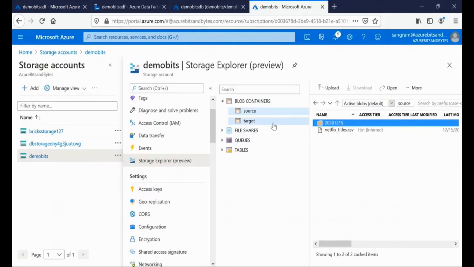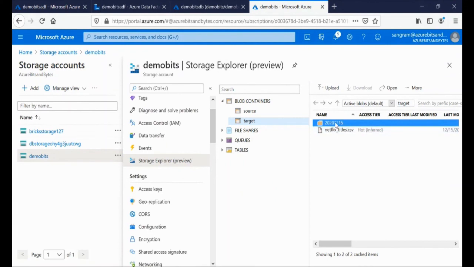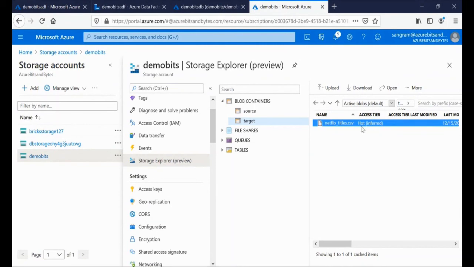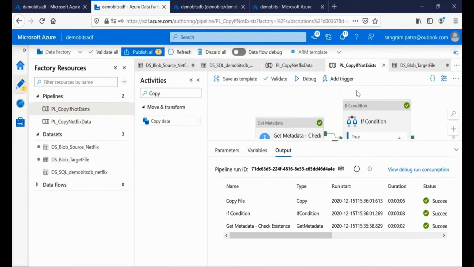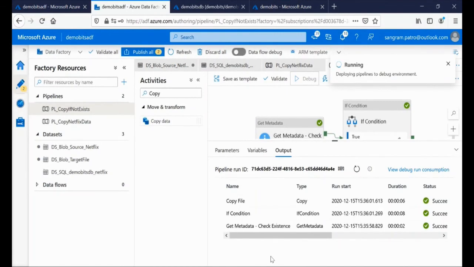So let me go to the storage account, go to target. In target, I'm now seeing a new folder called 2020-12-15 because in the dataset we populated the directory expression as well. Let me open this directory and I'm able to see the file. Now if I rerun my pipeline with the same file name .csv, the copy data won't be performed, right?